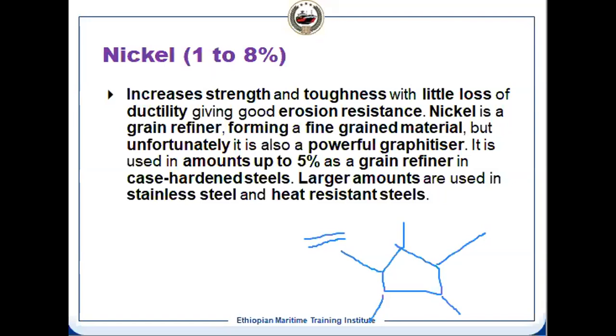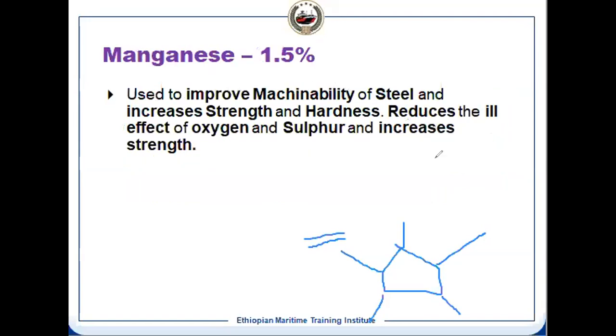Now the next one is manganese. Manganese is another alloying material. What it does actually, once you add manganese, the machinability of the steel is improved. It means you will be able to easily machine it. It will become a little softer actually, so that you can give a cut or machining can be done. But it also increases the strength. When we add this manganese alloy, hardness also increases. At the same time, the machinability is also improved.